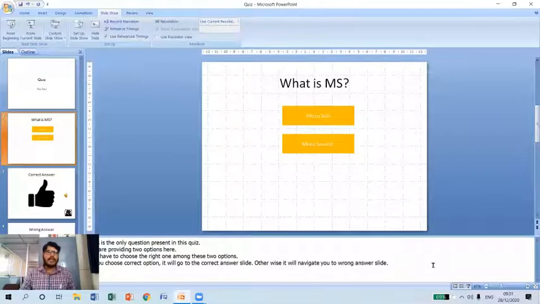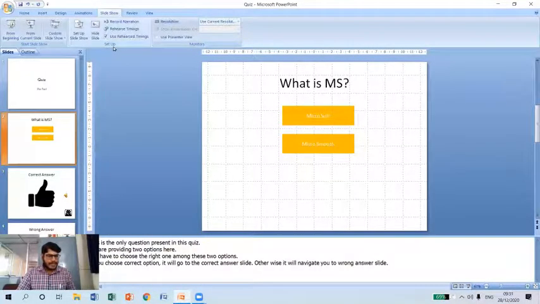So this is how we can start a slideshow by using the various options: from the beginning of the presentation, from the current slide, and the custom slideshow options. Now let me show you how we can set up the slideshow.